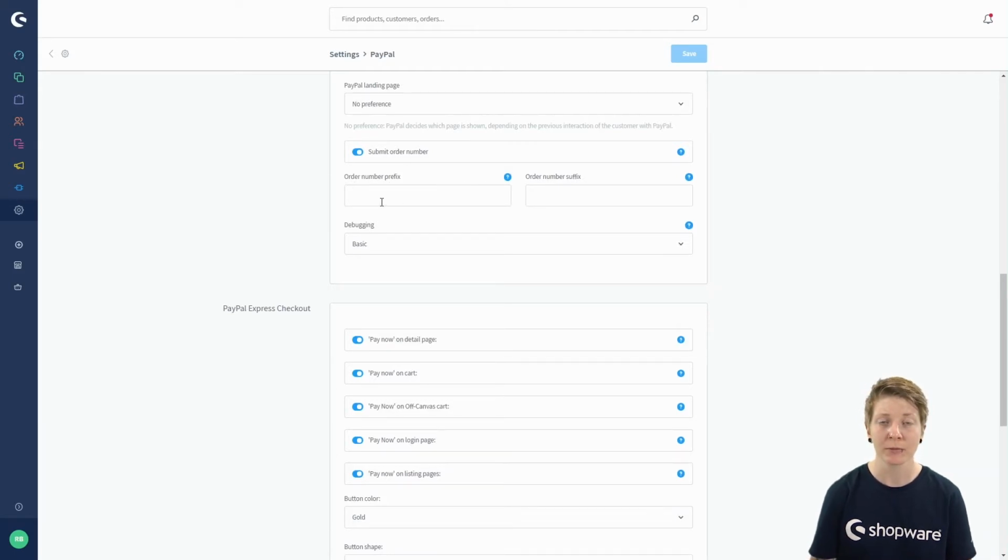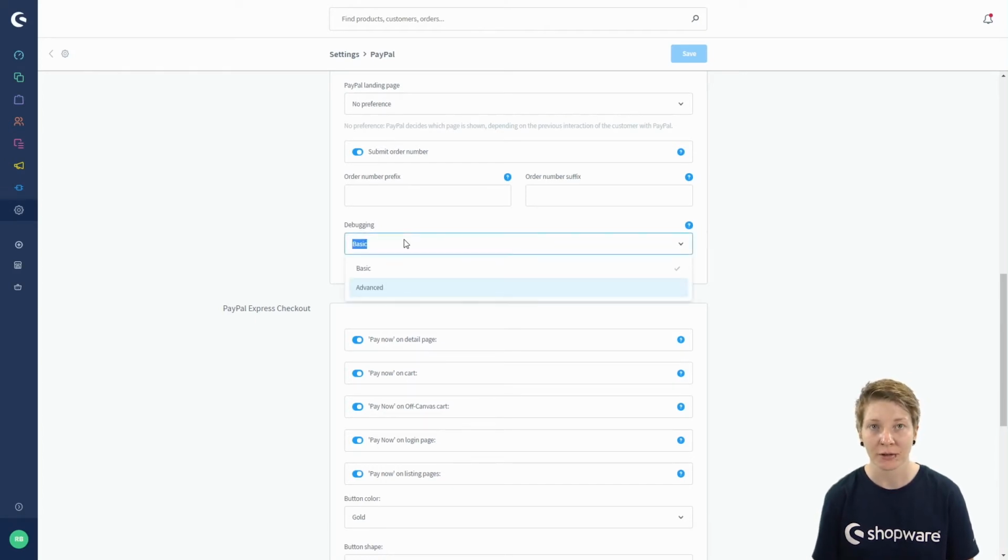You can determine which text is added to the original order number, for example, a text before the original order number or after the original order number. Last but not least, we've got the debugging settings. When using the advanced debugging, additional data is recorded during checkout to detect potential errors.